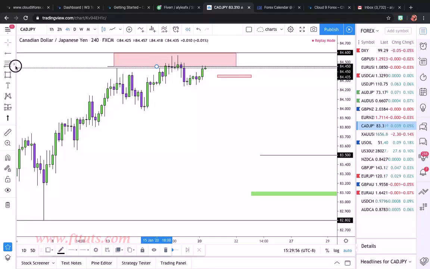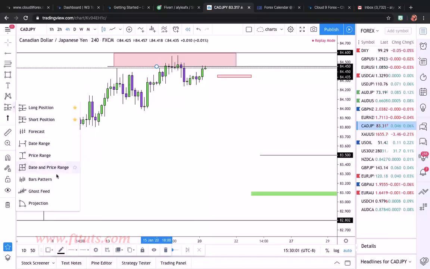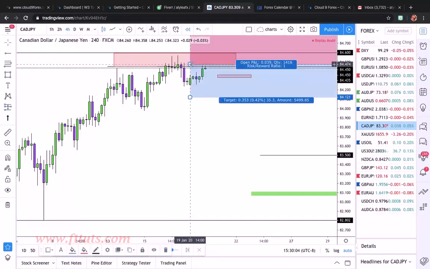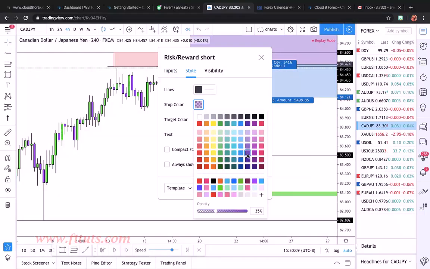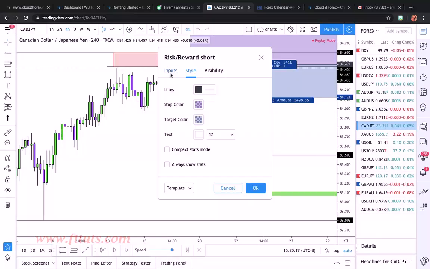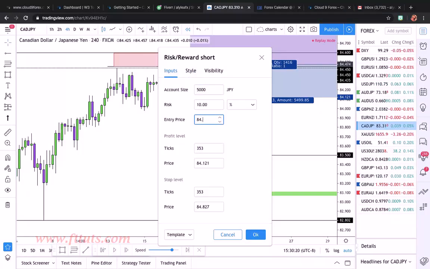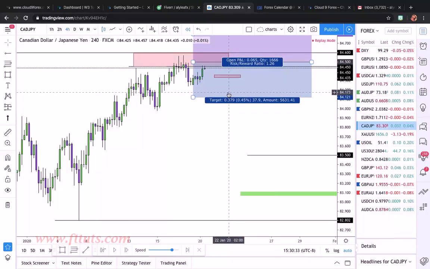So what we want to do is take our short position tool, and we want to enter price. I'm just going to edit the color quick. Okay, so our entry would be 84,500. And then our stop loss is always 30 to 40 pips above. Okay, and then our target is